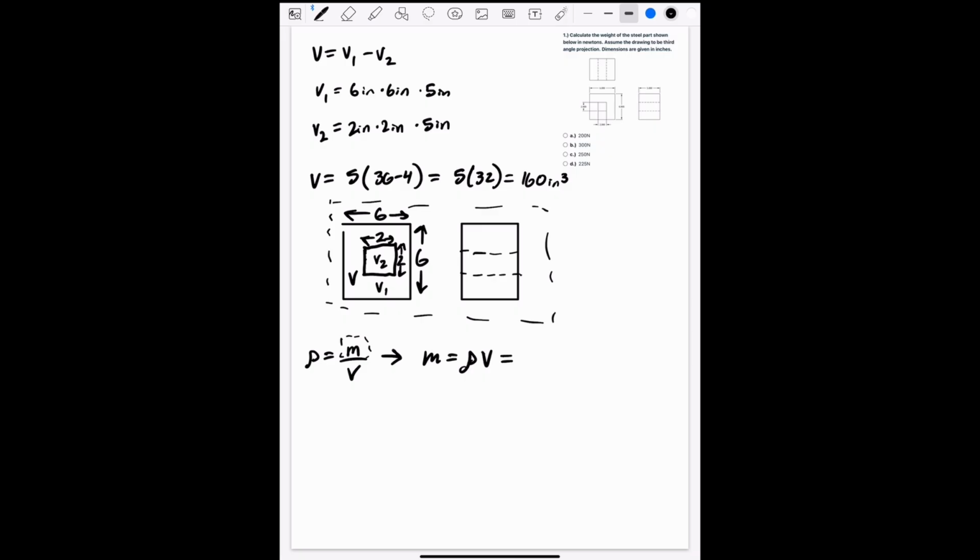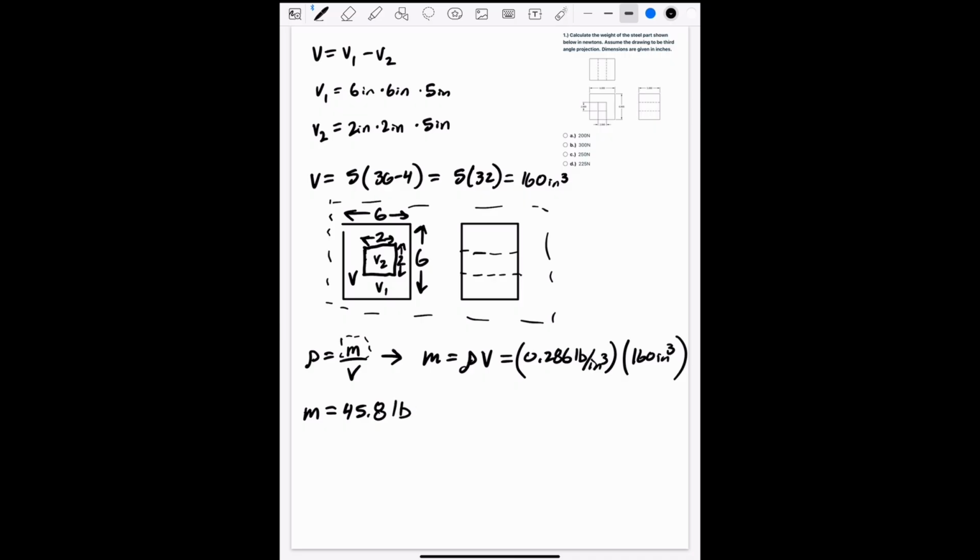And so the density for steel is 0.286 pounds per inch cubed times 160 inches cubed. So let me punch that in the calculator. So we're going to get that the mass is equal to 45.8